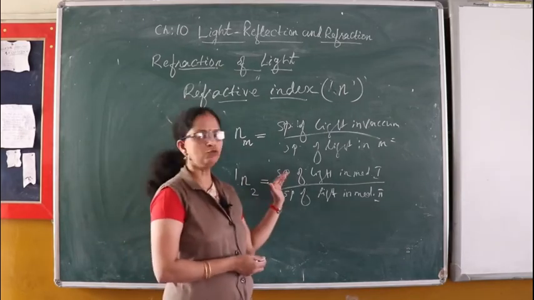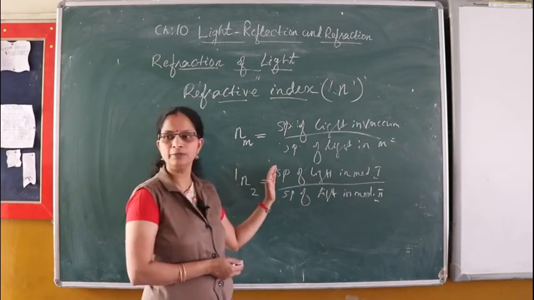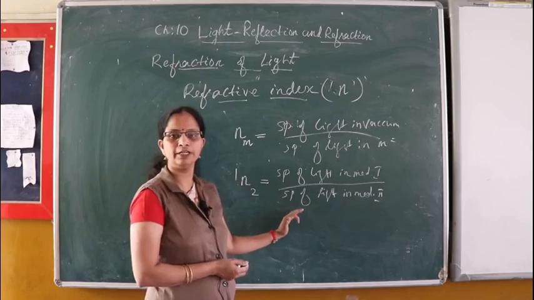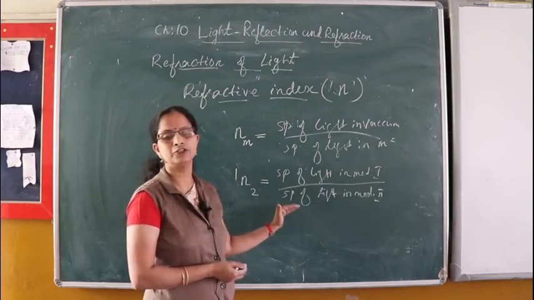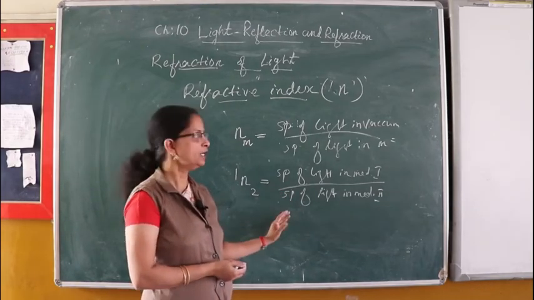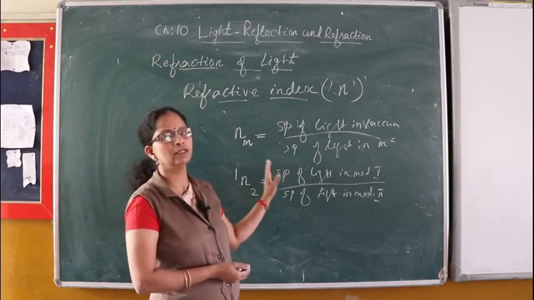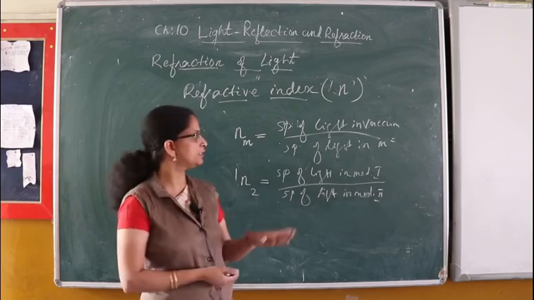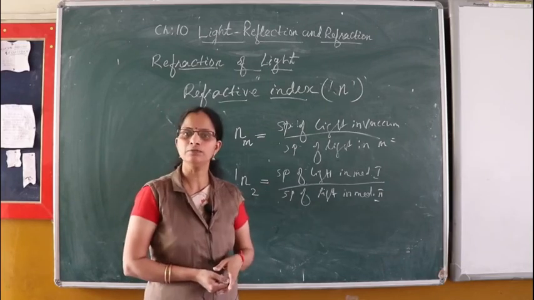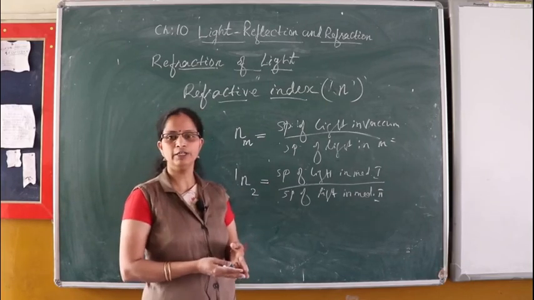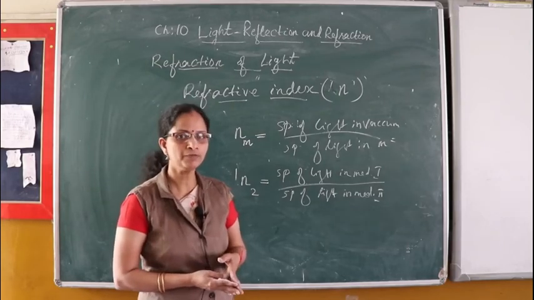If any medium has a higher refractive index, light travels with the lowest speed in it, and if the refractive index is least, the speed of light is maximum. It is observed that in vacuum, which has the lowest refractive index, the speed of light is maximum,